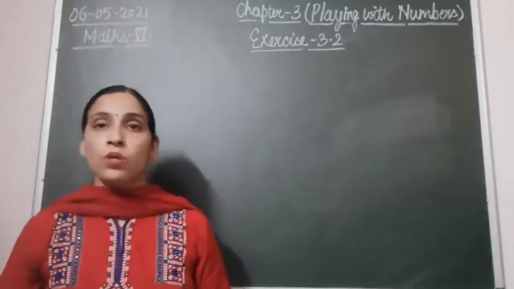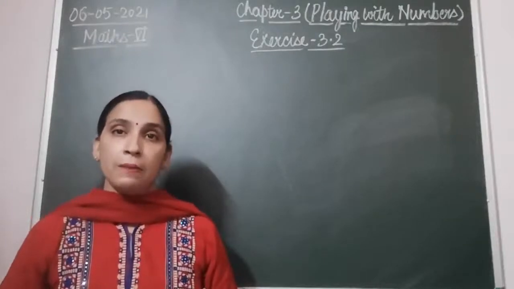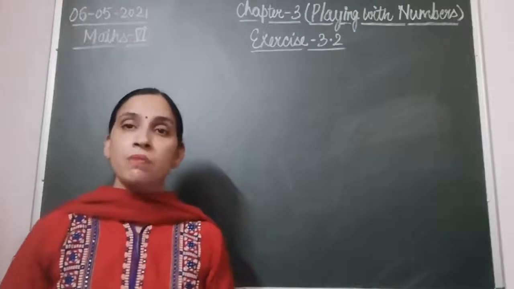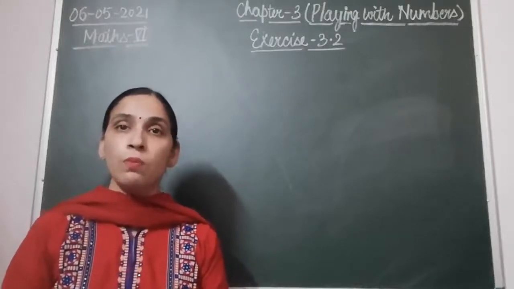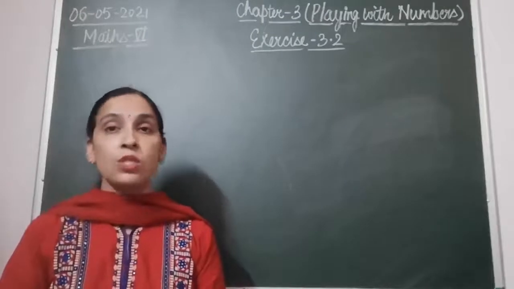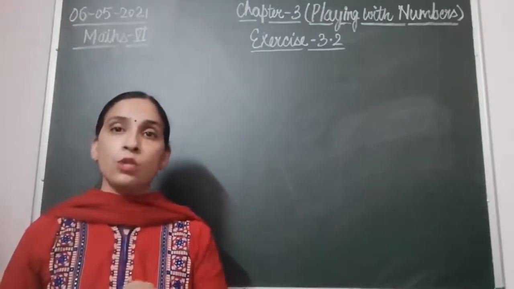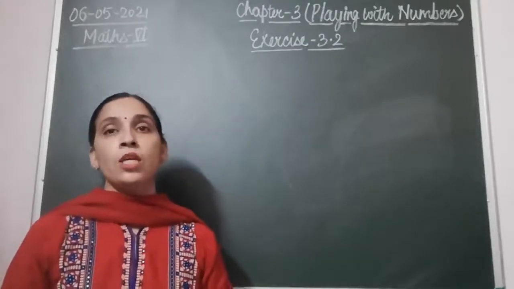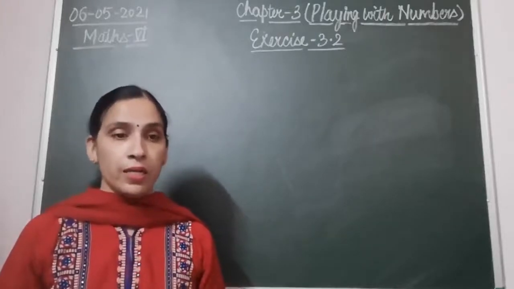So what you have to do is write down the numbers from 1 to 100, and if a number comes in the table of any number, then you put a cross on it. Otherwise you will encircle it. You will start with 1 and continue till 100. So that is the Sieve's method to find prime numbers from 1 to 100.